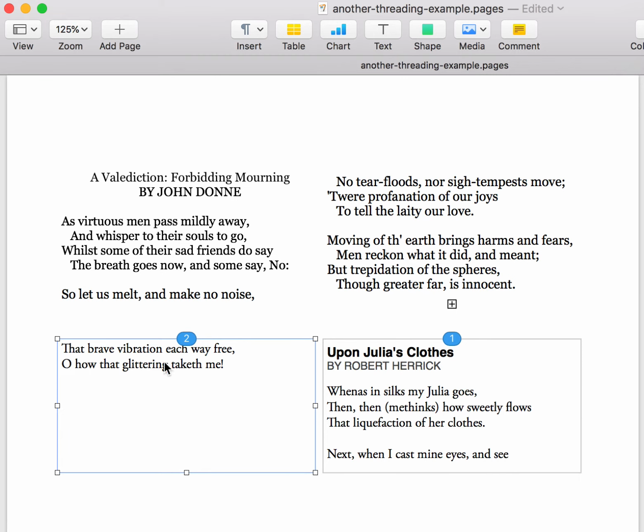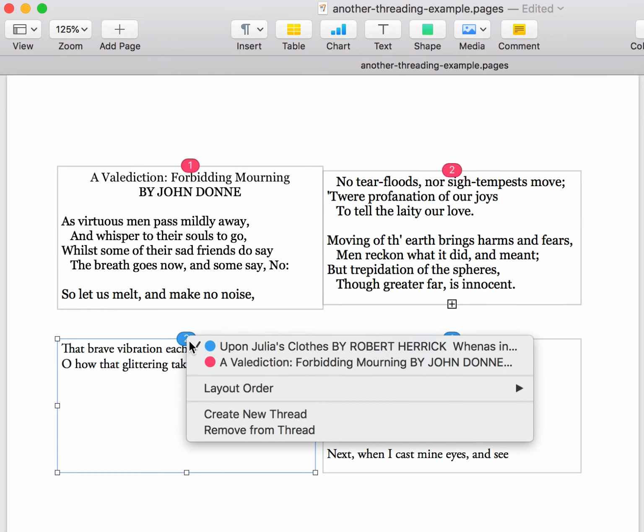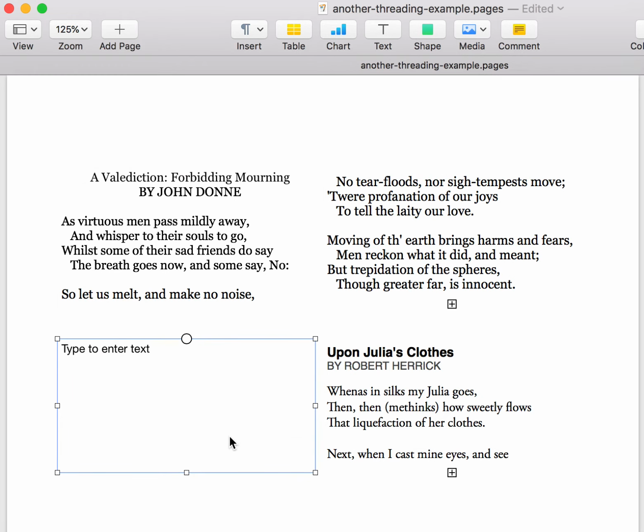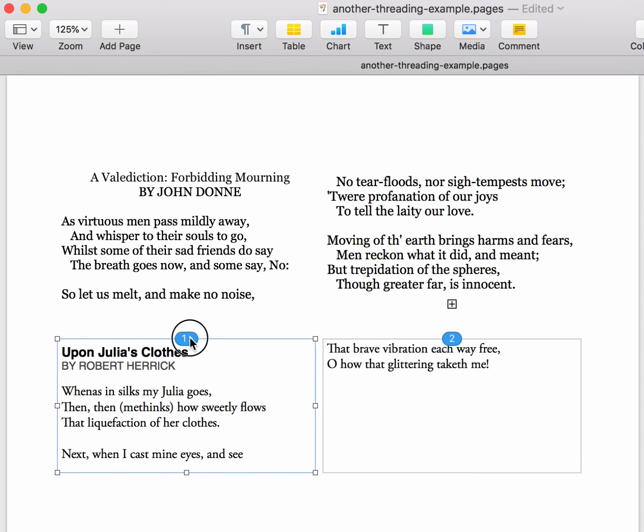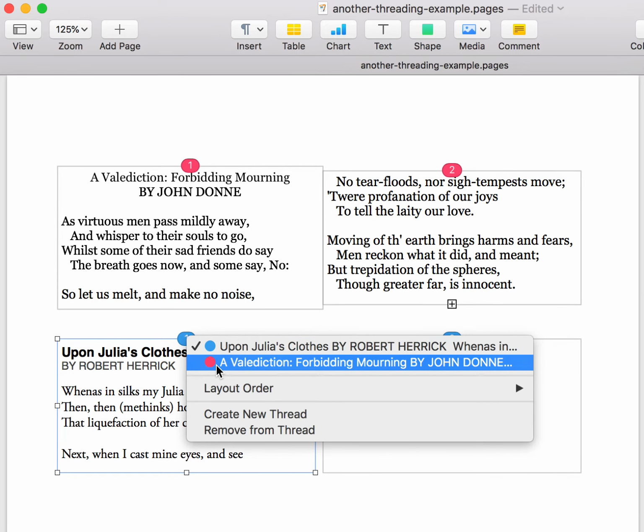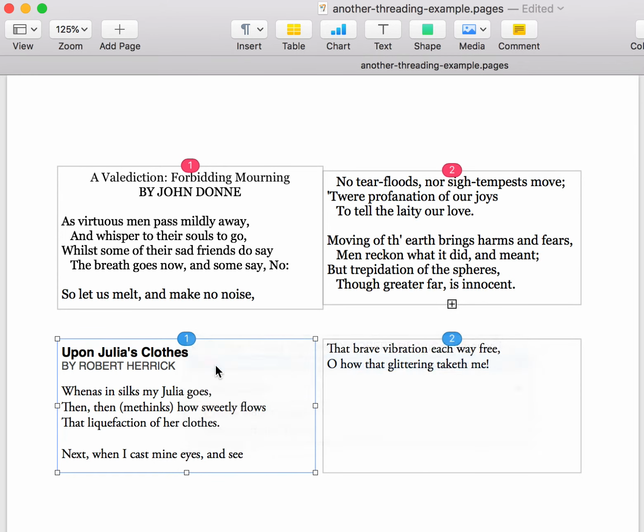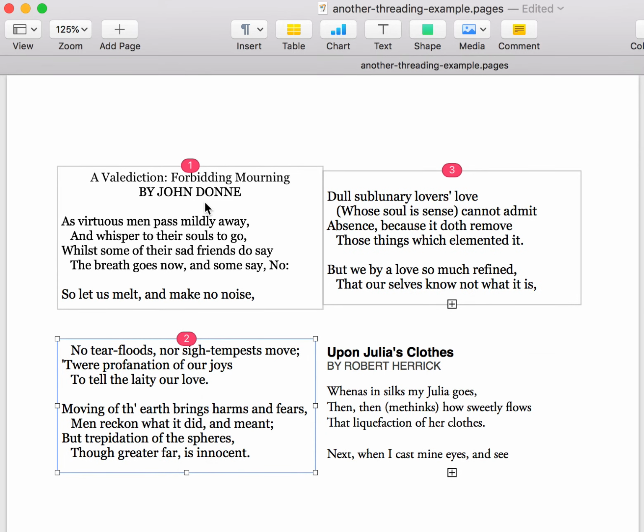I'll take the last box of the Herrick thread, click its thread control, and I'll remove it from the thread that it was in. Then I'll click again, and this time assign it to the John Donne poem. And now I've got box number 1, box number 2, and box number 3 of the Donne poem, and the